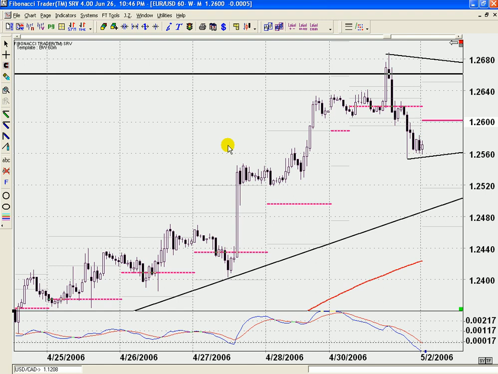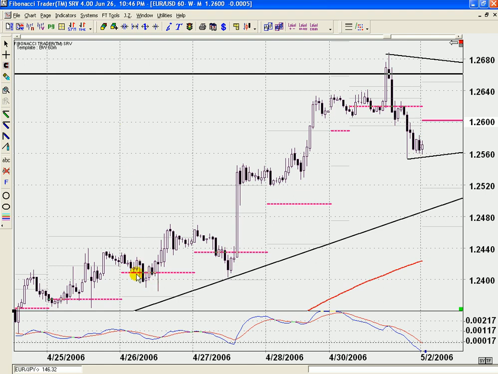We are currently looking at a Euro US dollar 60-minute chart, and we're going to talk a little bit about trading using pivot points as a reference when the market is trending. Now, what we see on this chart here is